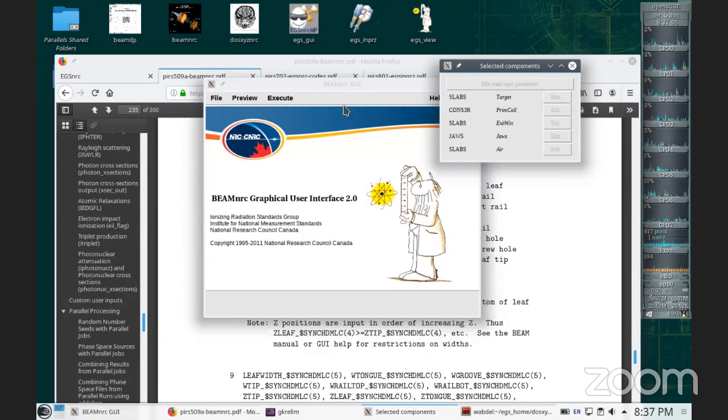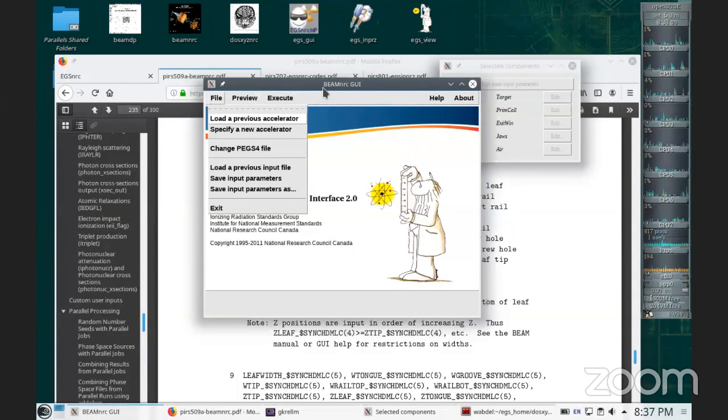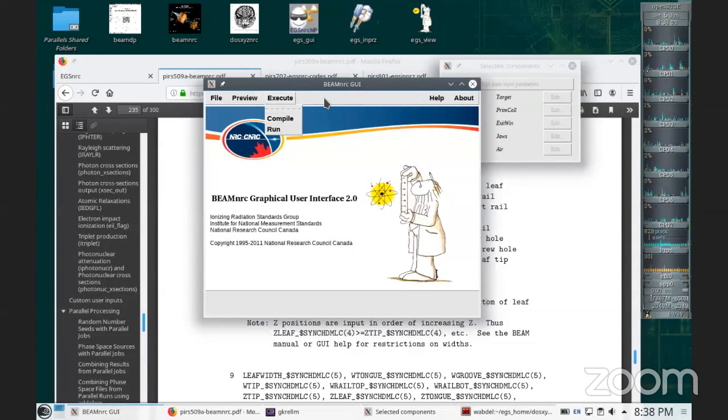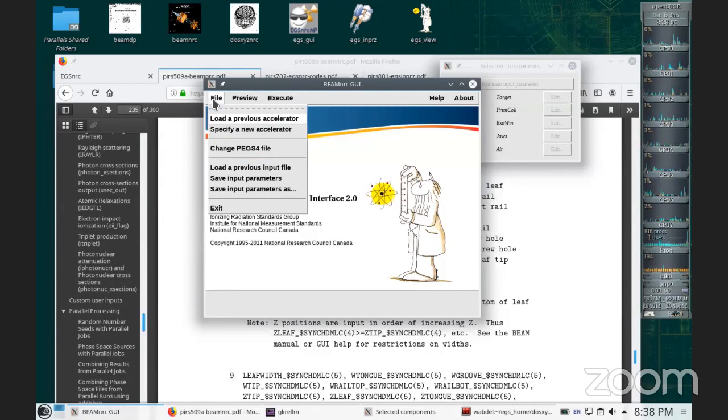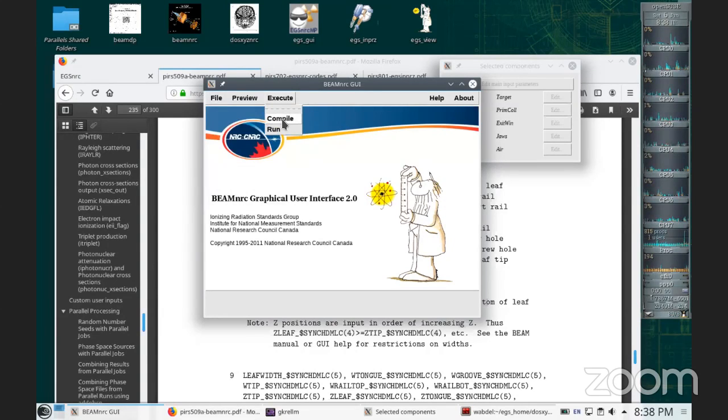So once we have done this, then what you need to do next is we execute. We need to, I think, save it. Save. Okay, I need to execute this and compile. So compilation is going to generate an executable. Those XYZ was an executable program. Those RZ was an executable program. Now it is going to create an executable program where it defines the geometries for this particular beam. So when I click on compile,